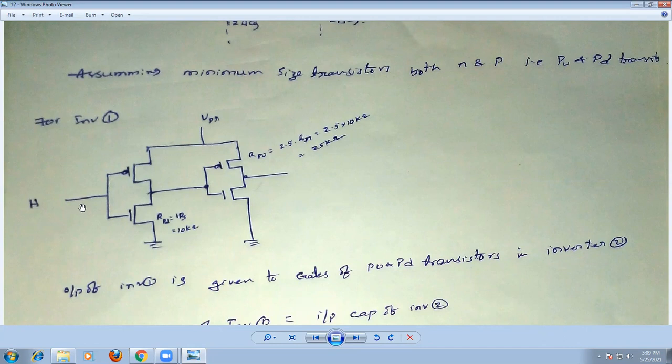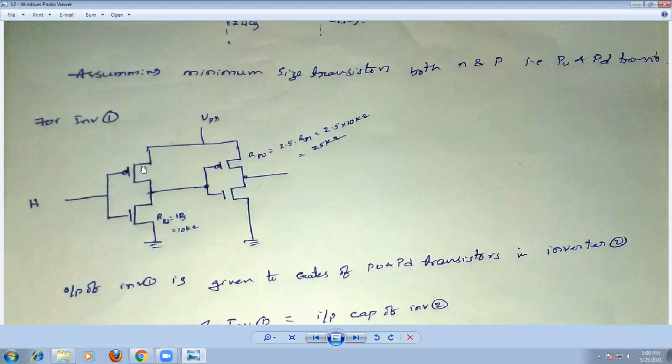So what happened? This transistor is on and this transistor is off. In the CMOS technology, we are assuming the same size, so this is 1:1 and this is also 1:1. 1:1 means this is the N channel FET and this is the P channel FET. Remember that point. So R pull down is equal to Z into Rs, where Z is the same size. So 1 by 1 is equal to 1 into Rs, that is 10 kilo ohm.